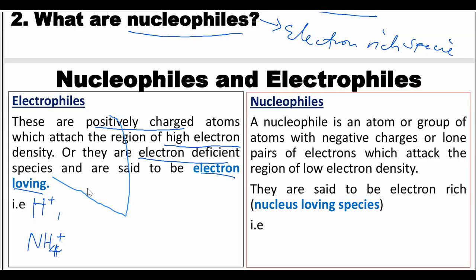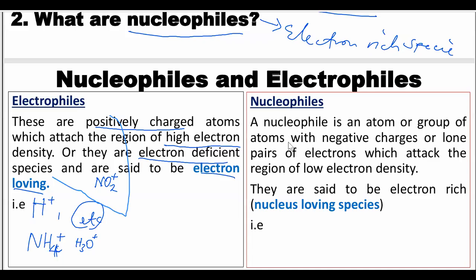We can have nitrous ion, which also has a positive charge, plus others which may have a positive charge. Someone is also putting for us hydronium ion. So those ones, what we are saying is that electrophiles can be those species which are positively charged and attack the region of high electron density. Then we can also talk about